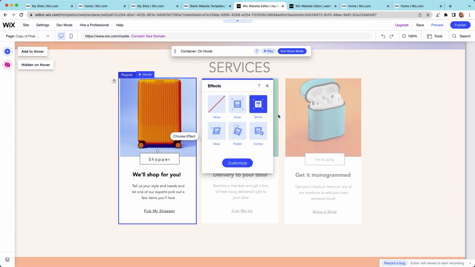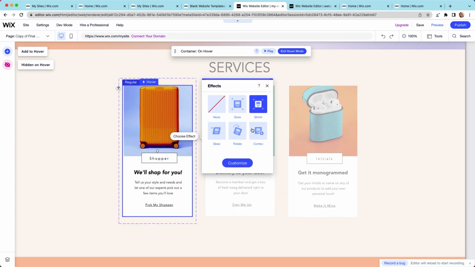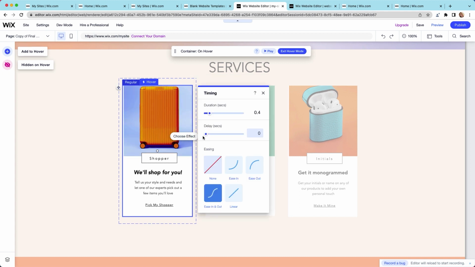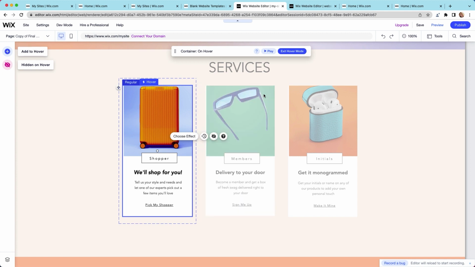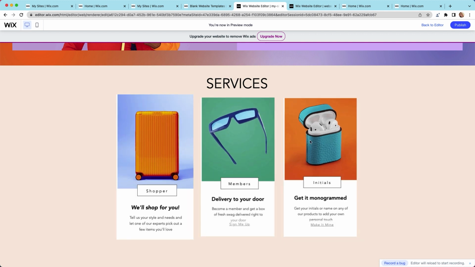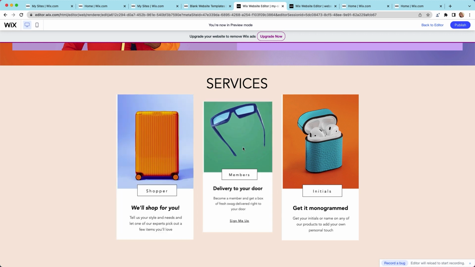It's on shrink mode now, but let's see skew. You can press play here to see that it works. We'll keep this on shrink. Now, under timing, I have control over exactly how this hover interaction plays out. So I think we're at a good place with this repeater. Let's preview it to see how it all looks. You can see that when I hover over any of these, all the changes that we made together will apply.